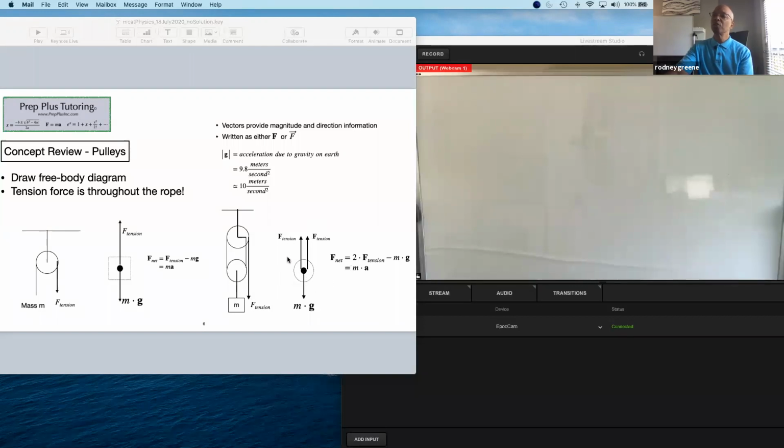And so once you draw your free body diagram, you add up all the forces and make sure you keep the signs plus or minus to represent whether it's going up or down. And the total net force is equal to mass times acceleration. So typically these kinematics problems will ask you, what is the acceleration of something if you apply some forces to it? So I'm going to go ahead and move on to the first problem.